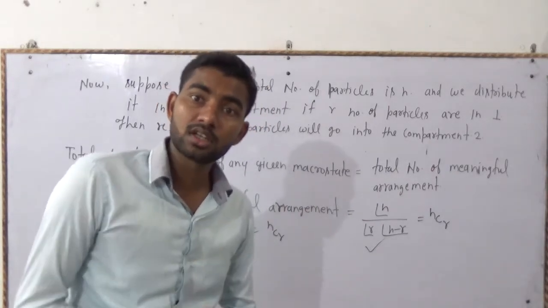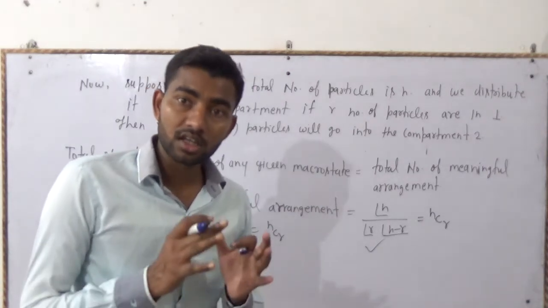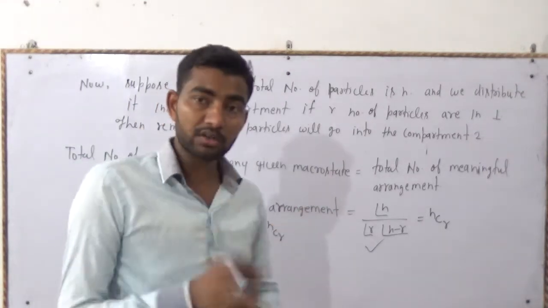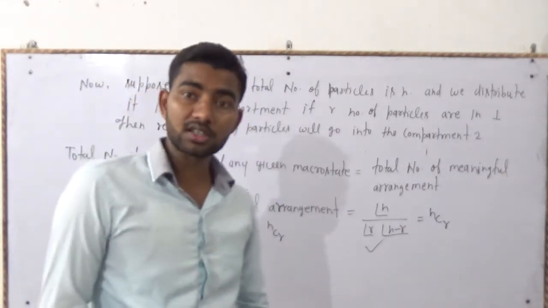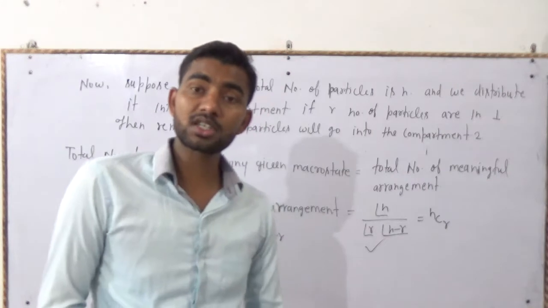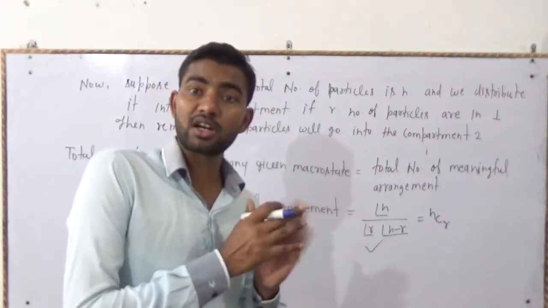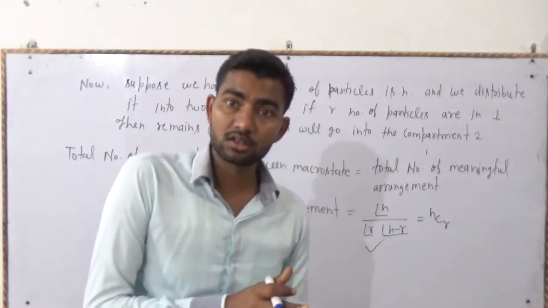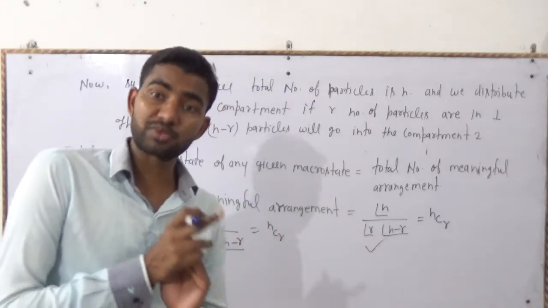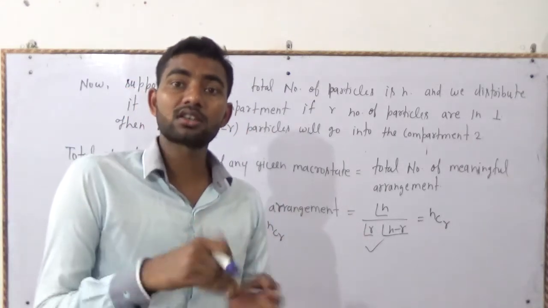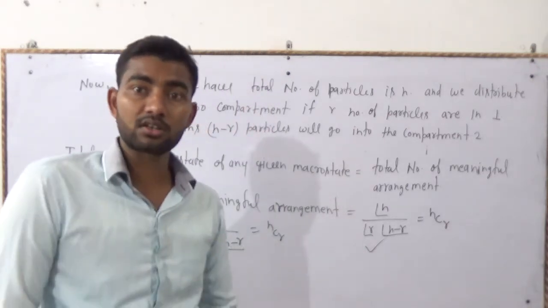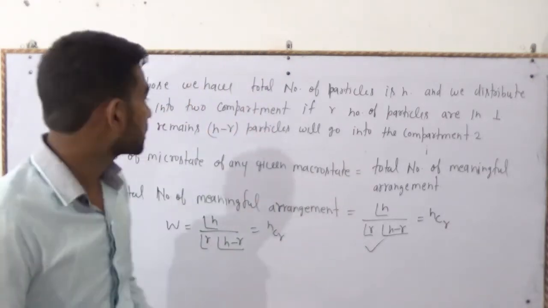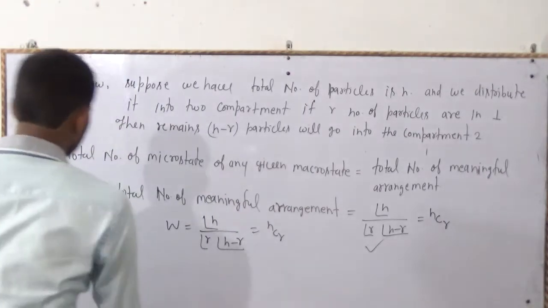Here we are assuming we have two compartments, 1 and 2, and we are distributing n particles into these compartments. If r number of particles, small r, are present in compartment 1, then the remaining n minus r particles will be present in compartment 2. So here the microstates are